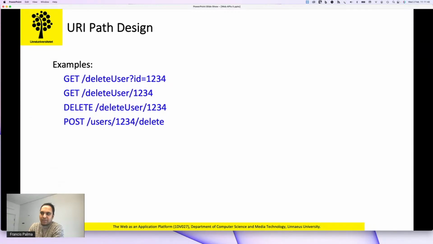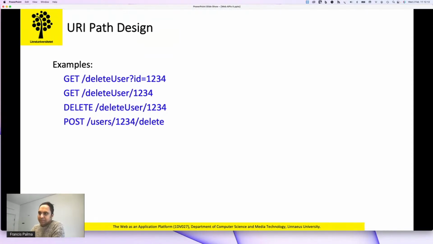Out of these four URIs, as you can see, we are deleting a user using a get method. We are deleting a user also in this example using a get method, and then we are also deleting a user using a post method. Although the third example is correct in that sense, it also has another problem,